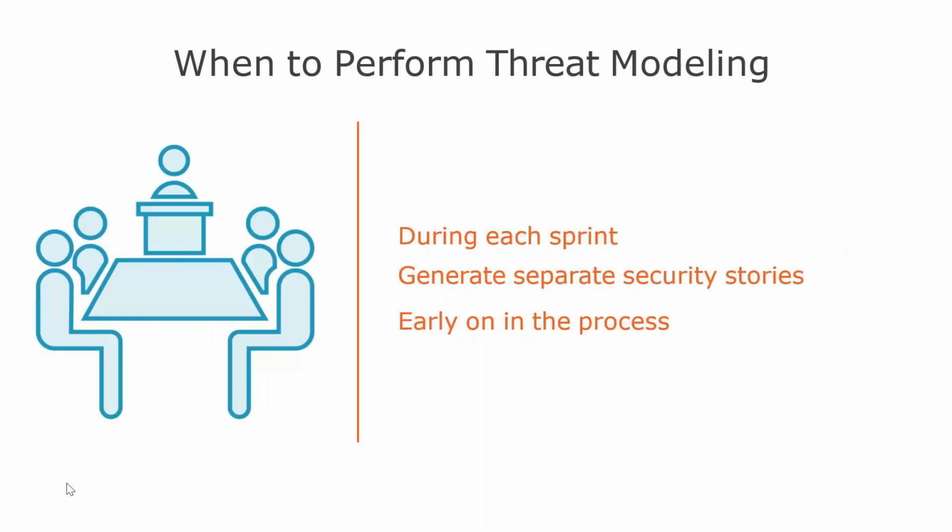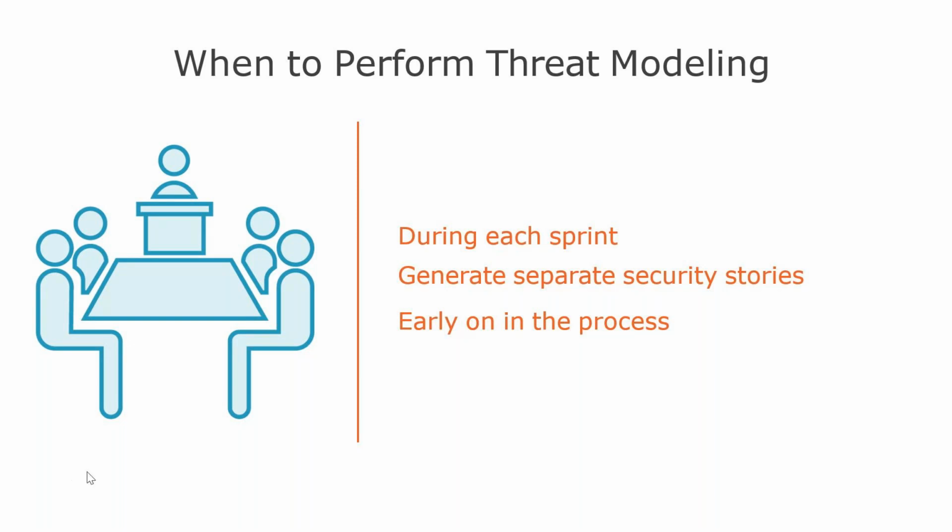Now, if you're following the agile model, then during each sprint, you should also add the threat models. If you're adding some code, what could be the threat model for the code? What are the security risks, vulnerabilities, points of area to attack? These are the things you should also write. Generate separate security stories. That means while working in an agile team, you should always have separate security stories, so the value and the importance of these stories should not be lost in the bugs and feature development and so on